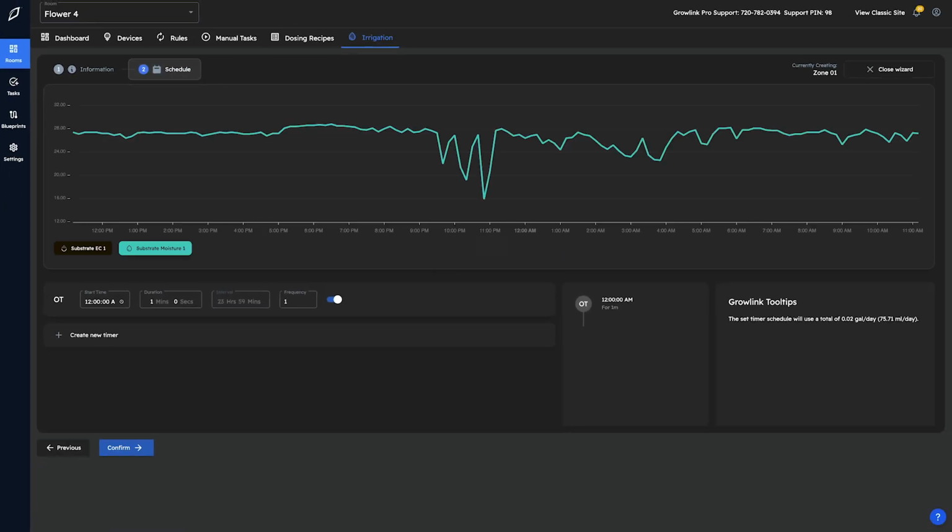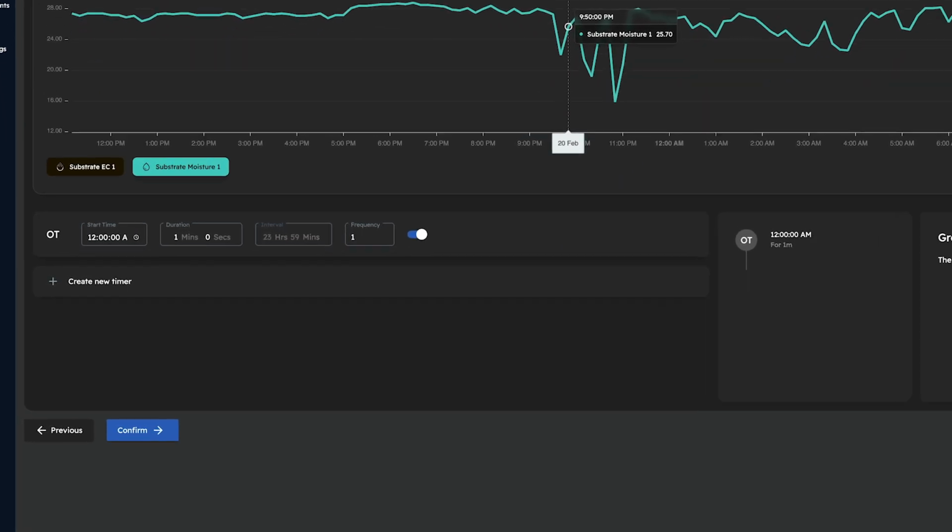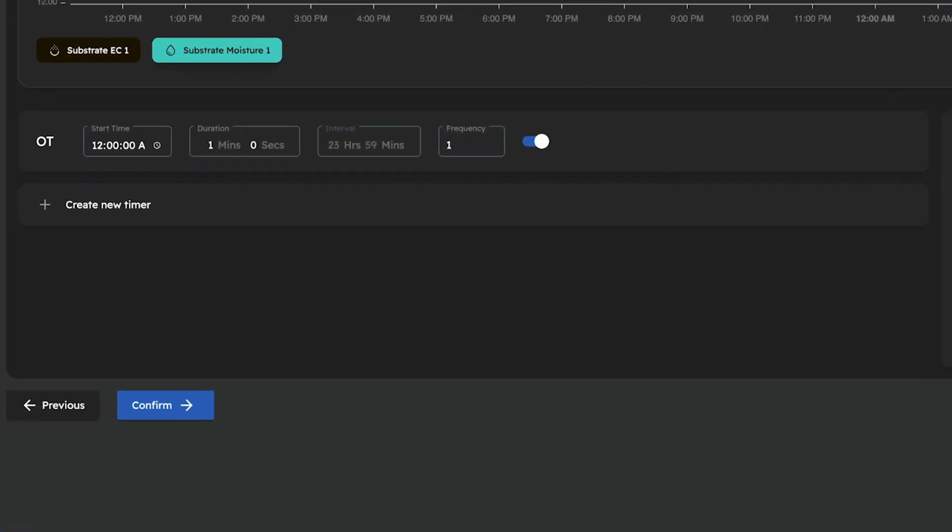The final step, also known as the Schedule page, is where we will actually create our timers. The graph at the top is used to display sensor data, assuming you selected a substrate sensor in the previous step. By default, a single timer will come pre-populated. The data fields needed to create a timer are Start Time, meaning what time do we want this timer or timer sequence to start,